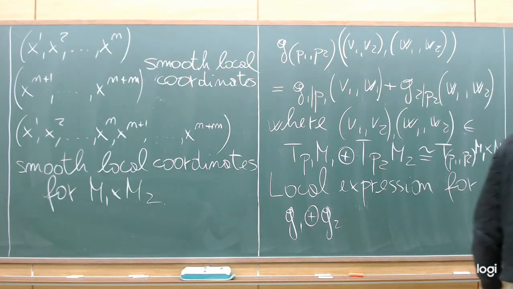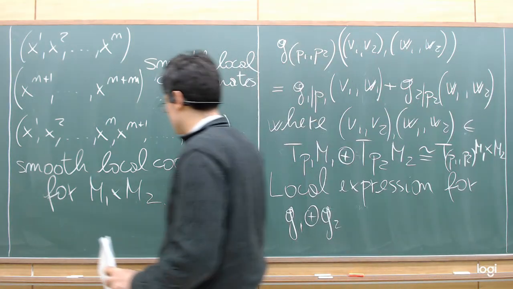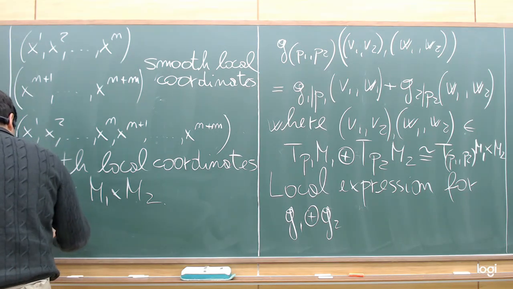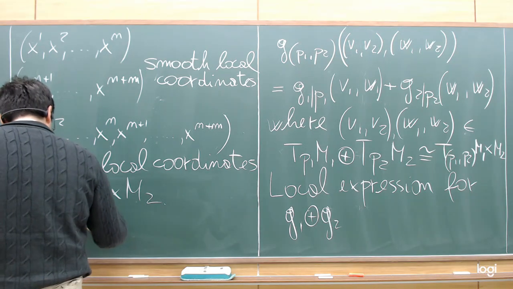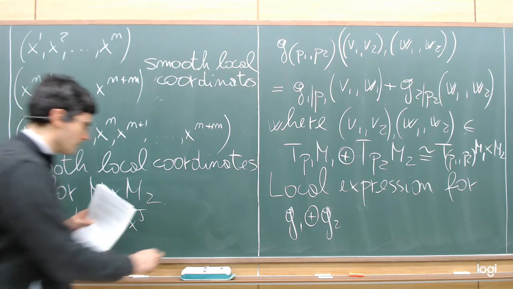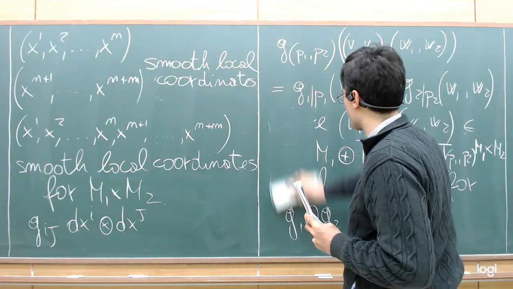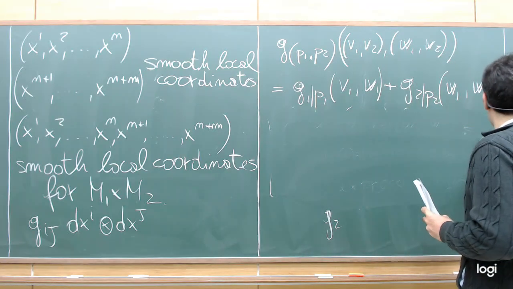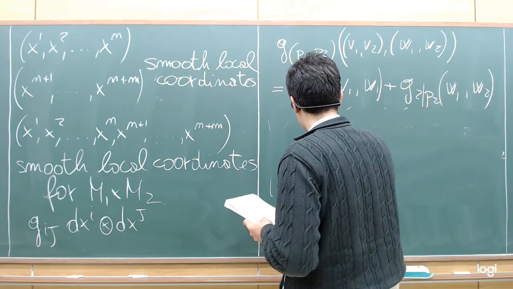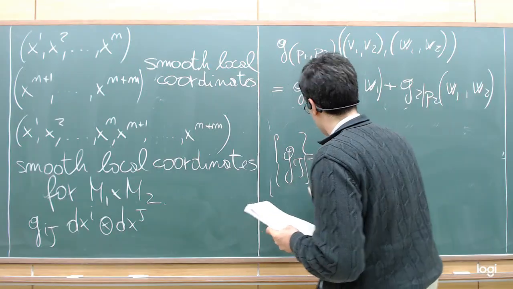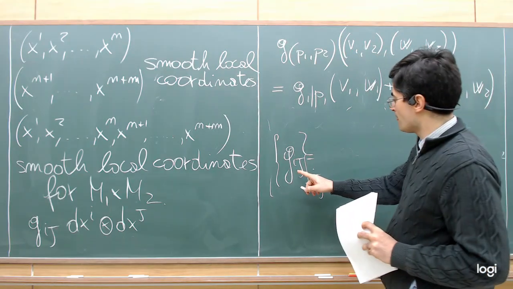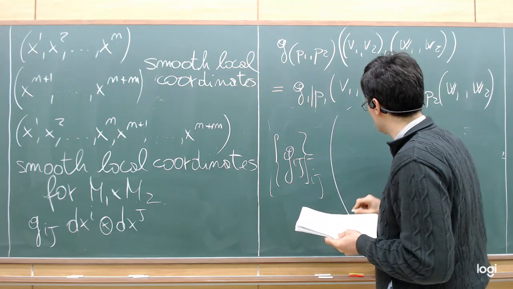Now, if you look at this formula, you will see that if you write the metric in this form, you have that Gij is the entry of the matrix denoted this way, and which has the following structure: